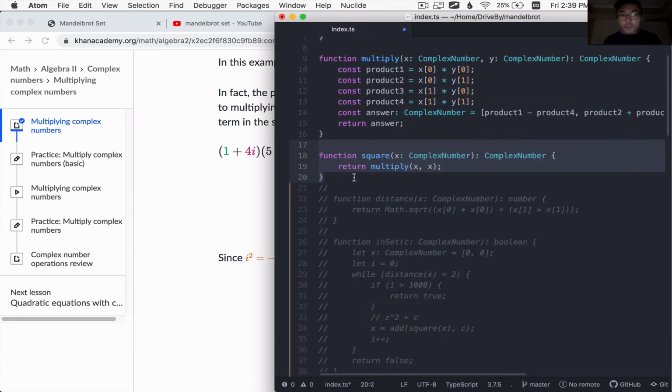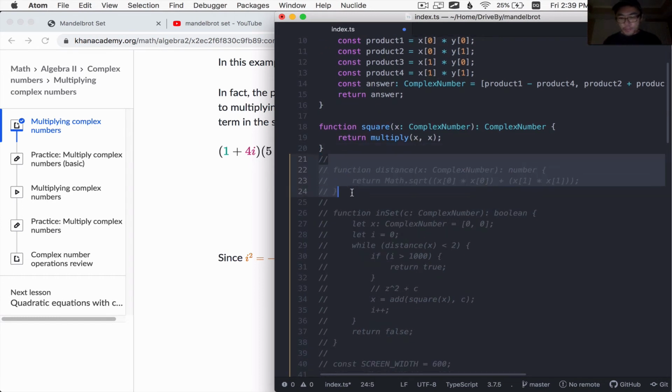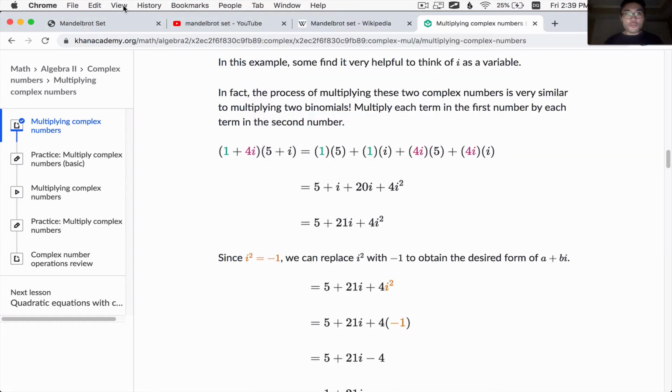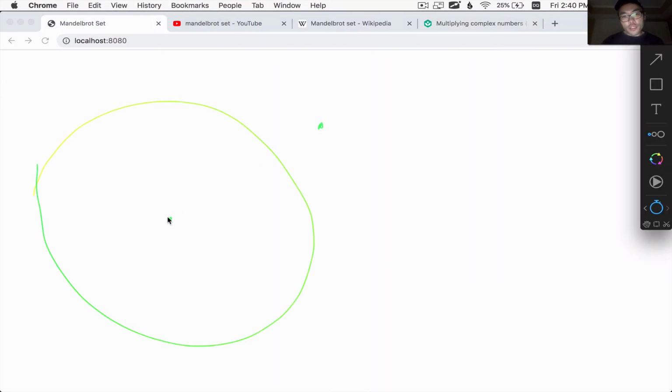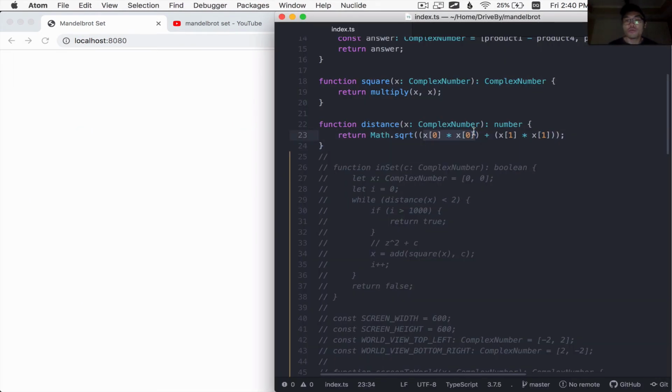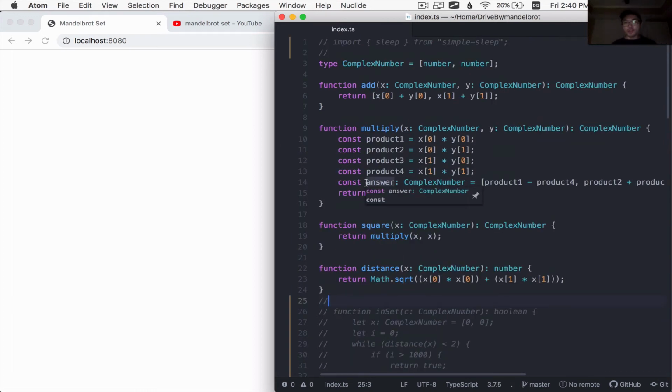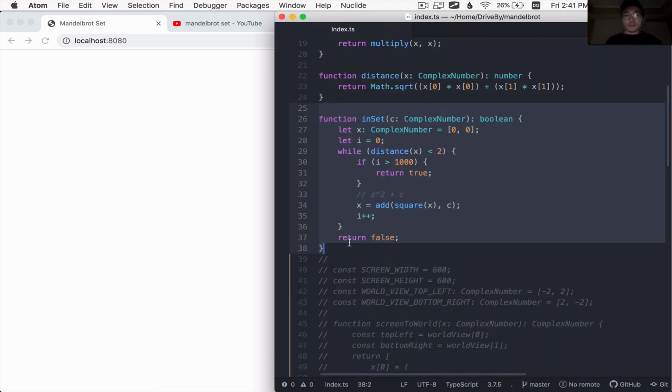I have a helper function called square that just multiplies a complex number by itself. That should be self-explanatory. And then I have a distance function which calculates how far, if you had a point, you want to calculate how far it is from 0 plus 0i, then you use the distance formula to do it. You square both the real part and the imaginary part, add them together, and then take the square root. That's the distance formula. That's the basics of how to deal with complex numbers,